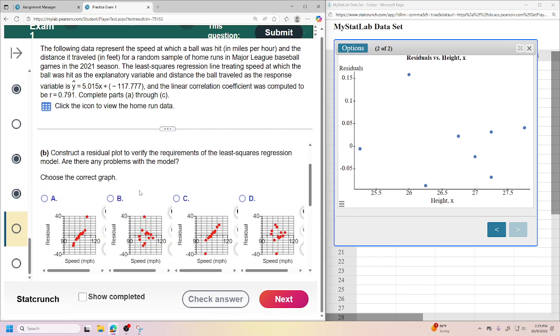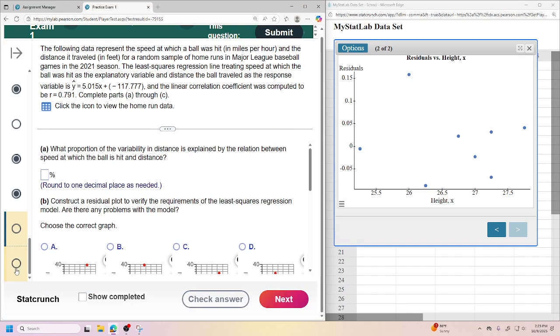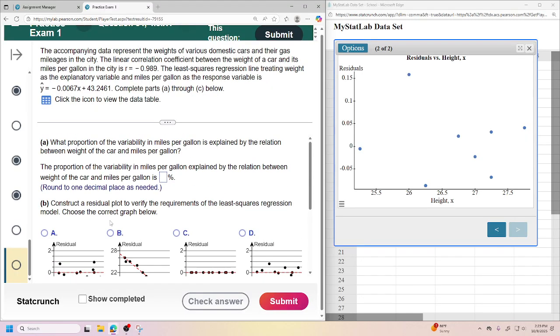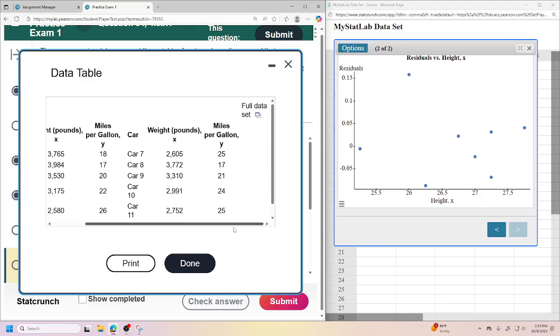This is identical to the last one. Same kind of stuff, so I'm not worried about it. I want to see what the last question says. It's the same thing. Let's just go ahead and do this one. So, last one. Oh, because it looks like a lot.